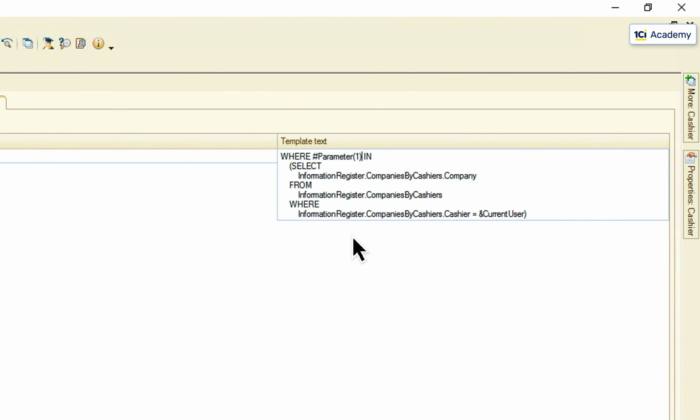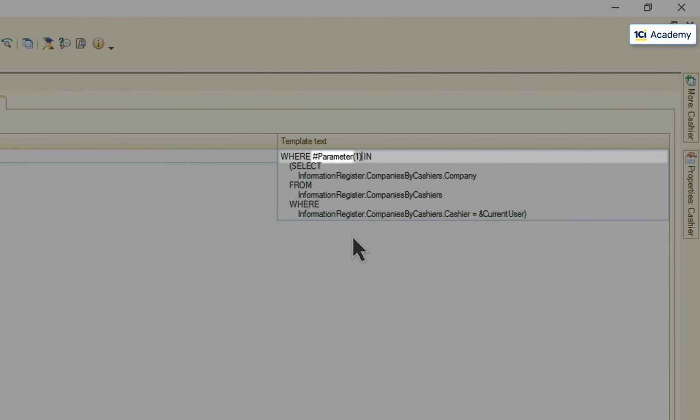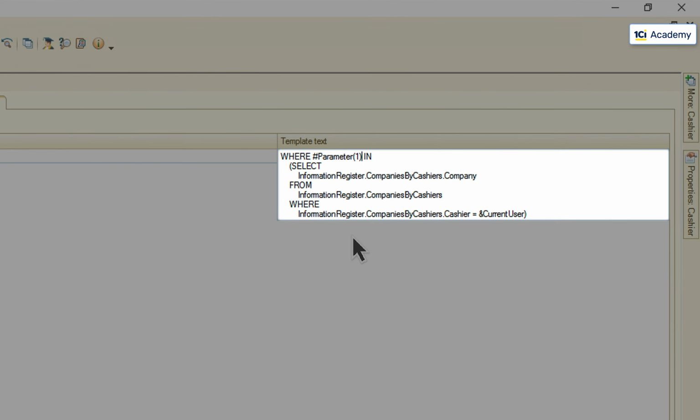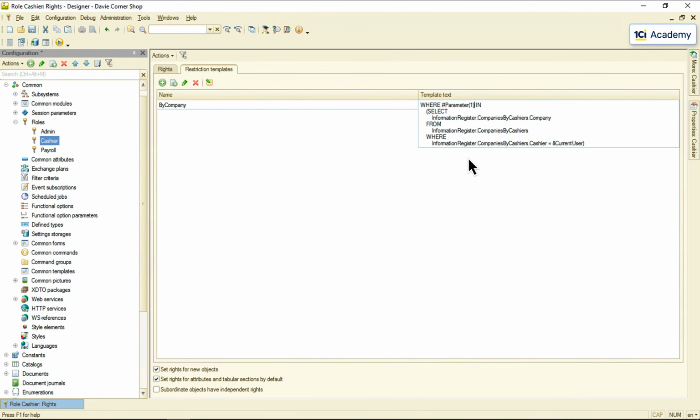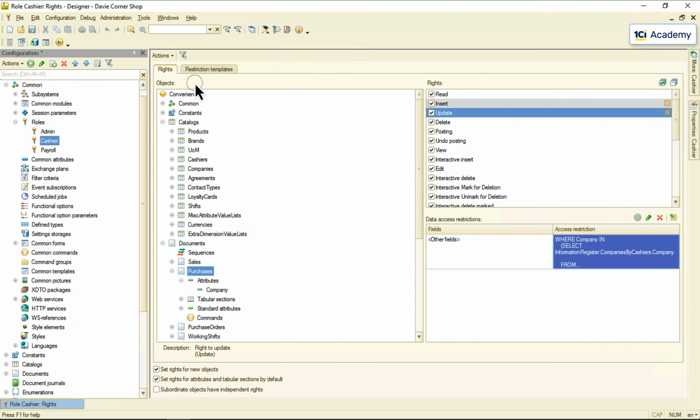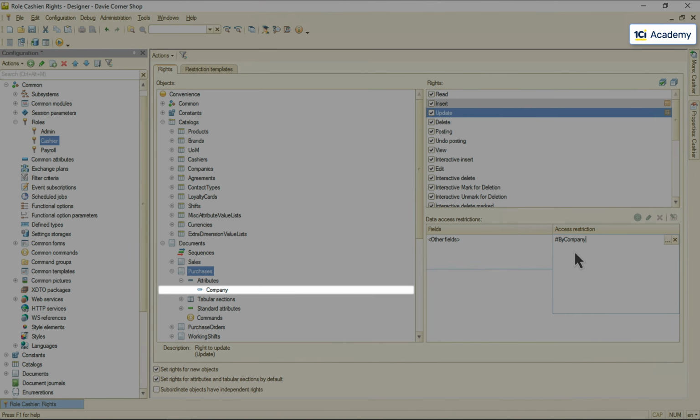Anywhere in the template text I can use the number sign plus the parameter or keyword, and then the number of a parameter in brackets. Remember that a template is just a text, and all parameters are just strings that will be replaced by their values at runtime. It means that you can play with this text passing any string values as parameters anywhere. To use this template in an RLS restriction, I need to call it by name after the number sign and pass this attribute name to the template like this.